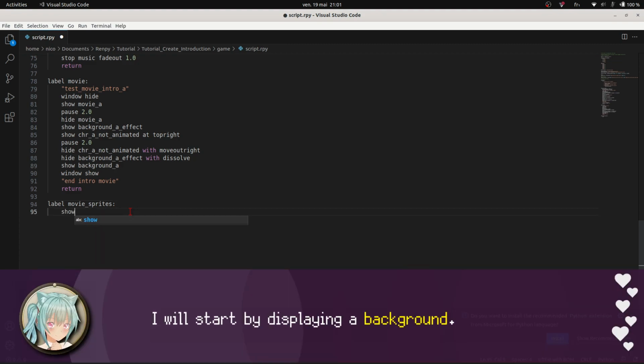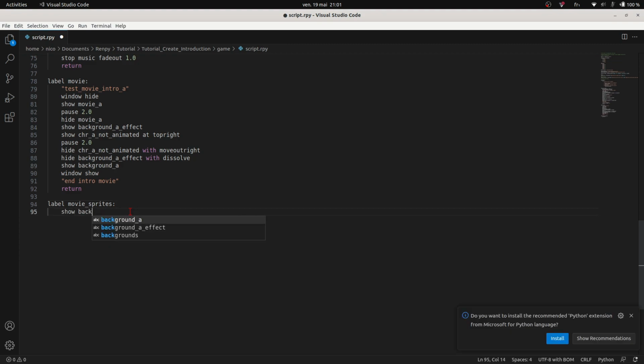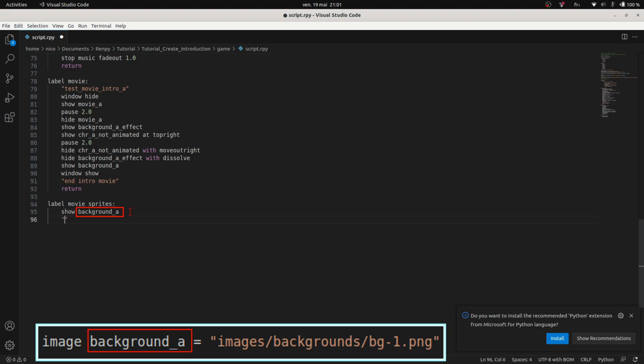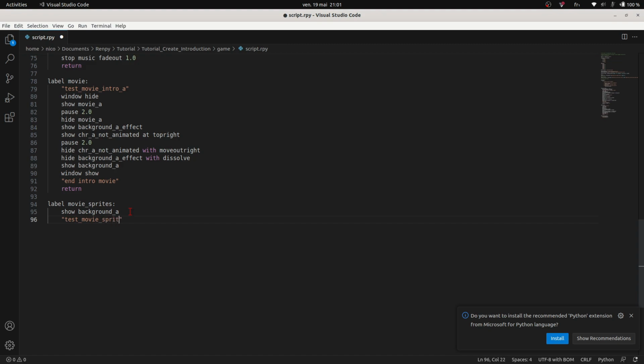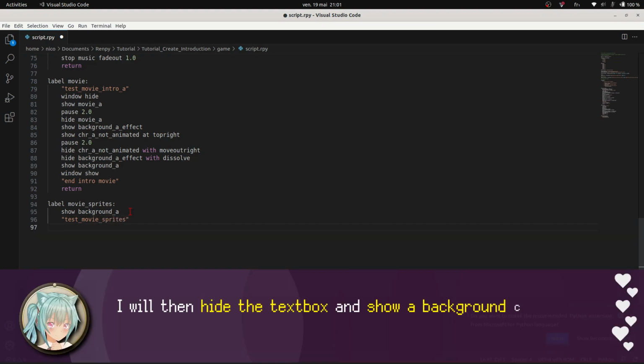I will start by displaying a background. I will then hide the text box and show a background containing the gray effect.